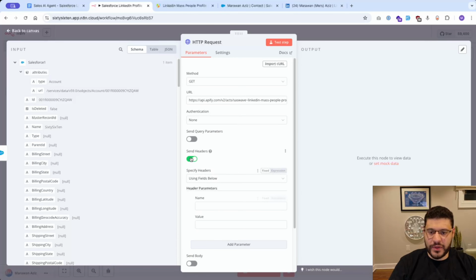Next up here, we're going to have to go to headers. And we're going to have to type in content type, and we're going to do application/JSON. So this is just to define the data type of JSON that's going to be used throughout the